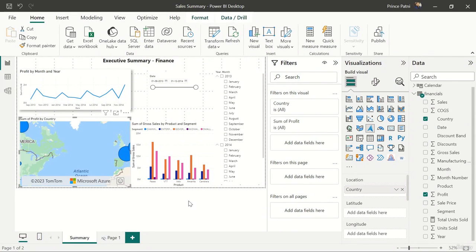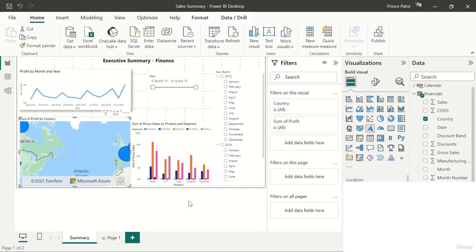I might have missed something, probably I might have missed something, but go ahead, experiment, try it out yourself, most of these things, and you will see how intuitive it is to use Power BI